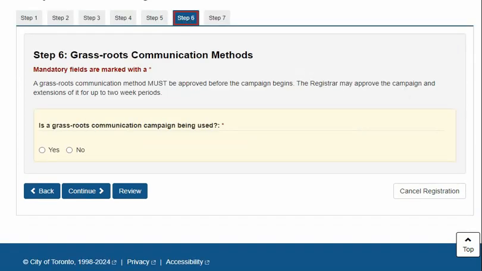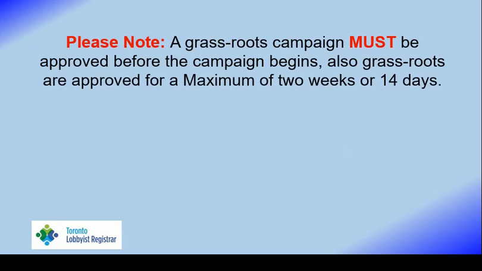Step 6. Grassroots communication methods. This is where you would report if you intend to carry out any grassroots campaigns on behalf of your client. Please note, a grassroots campaign must be approved before the campaign begins.